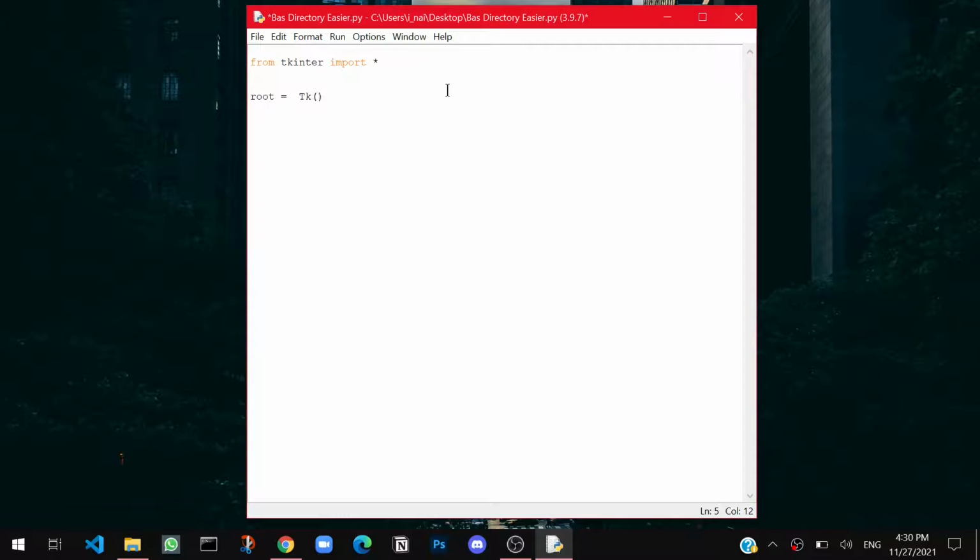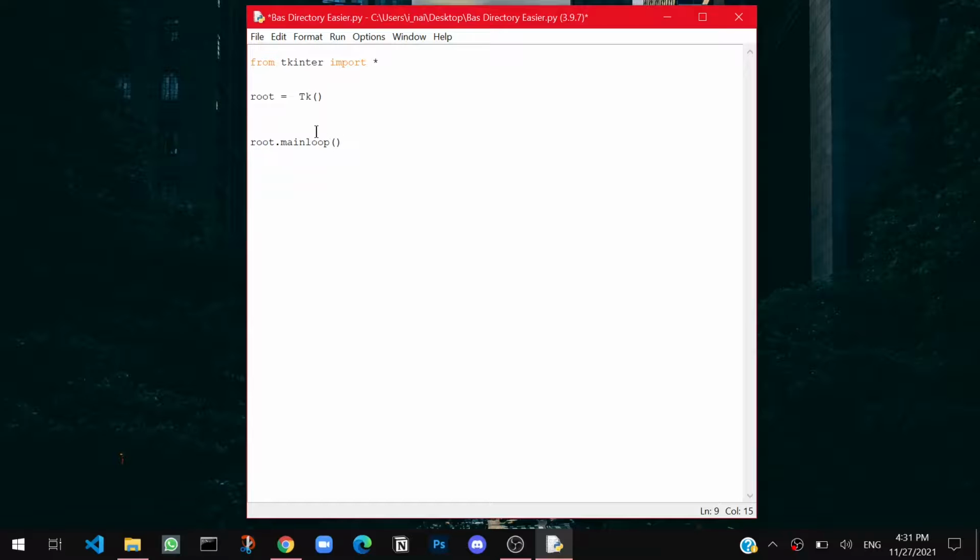Then you have to use root = Tk(). This is a variable for the Tk class, which is object-oriented programming, but we will discuss that later. For now, just type root = Tk(). That is, you're defining a root, or you can even name it window or anything. That's just a variable. Then to make the app run, that means the app has to be constantly running, you type root.mainloop(). So it will go in a loop and always keep running the app.